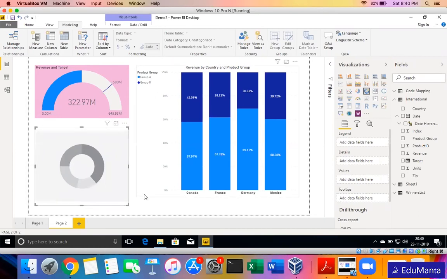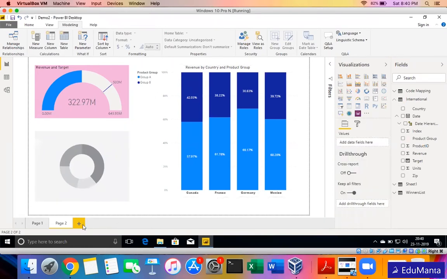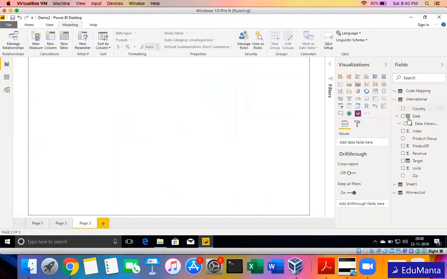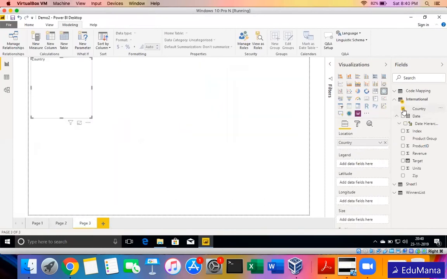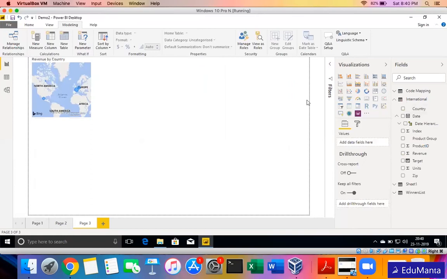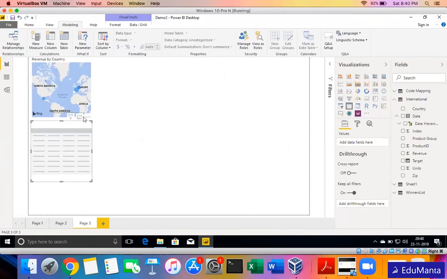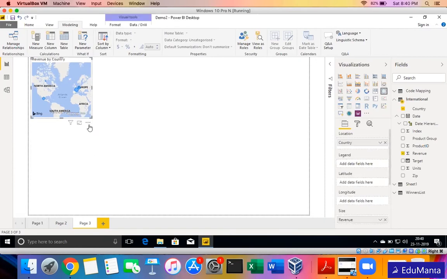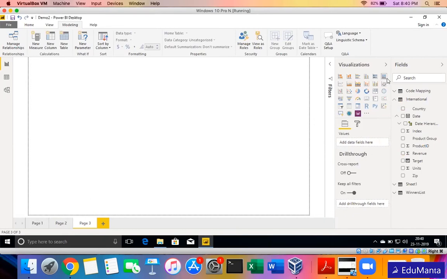Another very interesting thing that Power BI has is, suppose when I'm selecting any two fields, for example country and revenue, by itself Power BI will give you a default chart. Up till now, what I was doing is first clicking on a visual and then adding data to it. But here, how did this graph come up? Let me just click here and remove. I clicked on country.